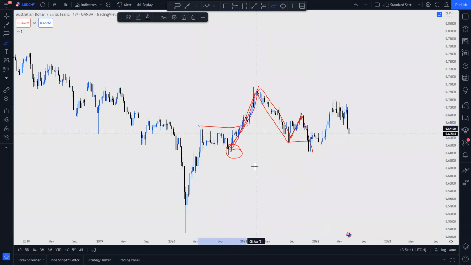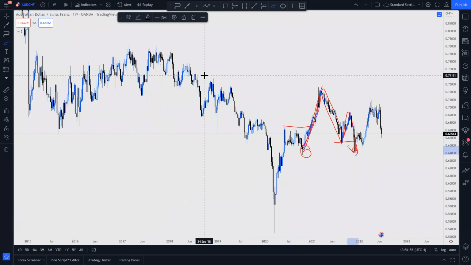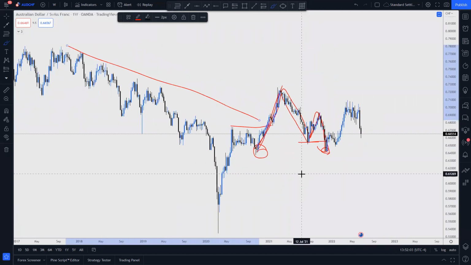Here we are still, though, from the originating impulse. After it breaks structure, what do you expect? An impulse is going to return to impulse, right? But this one broke the low. That was an indication for me that price is weak. Price is weakening, and there might be a propensity to continue the bearish momentum in this market.